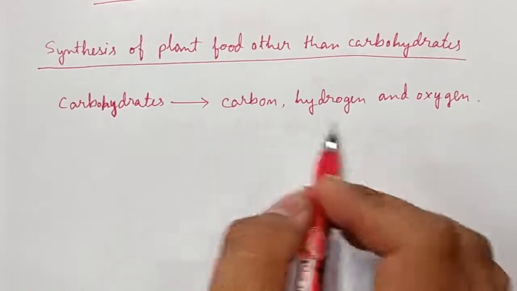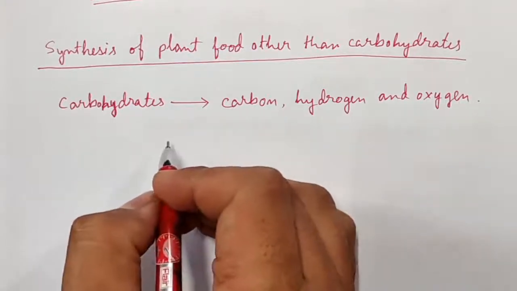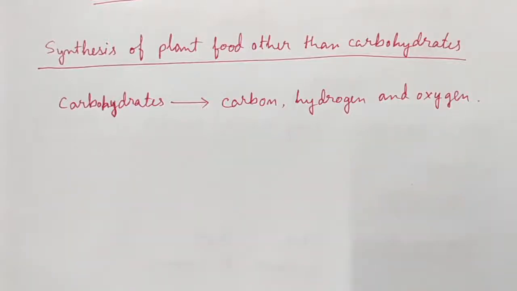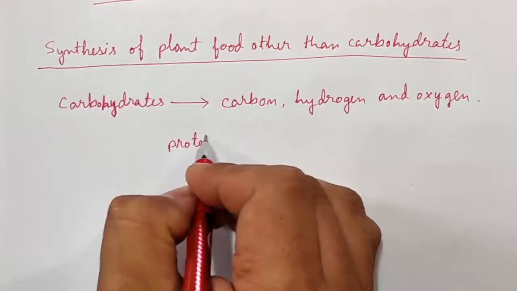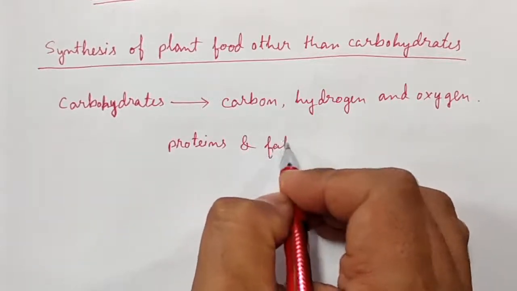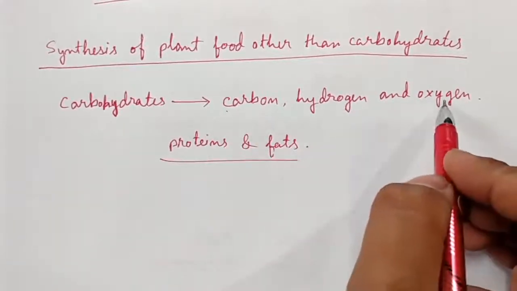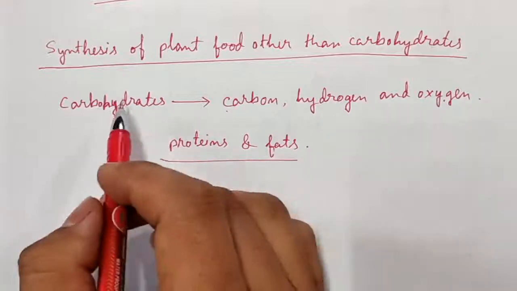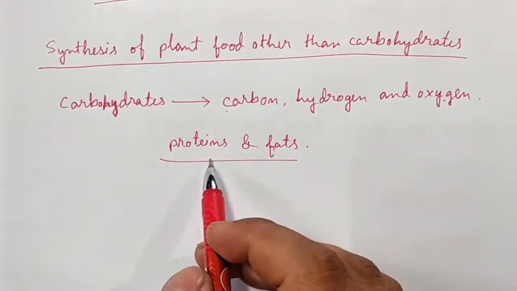This carbon, hydrogen and oxygen are used to synthesize other food such as proteins and fats. This carbon, hydrogen and oxygen, which are present in carbohydrates, is used to synthesize other food such as proteins and